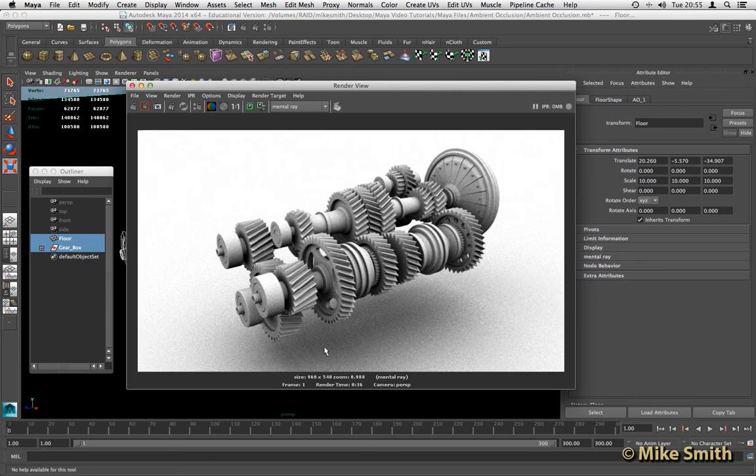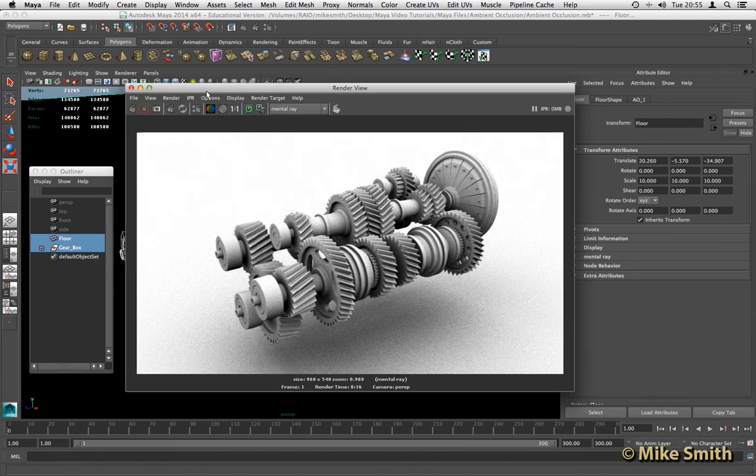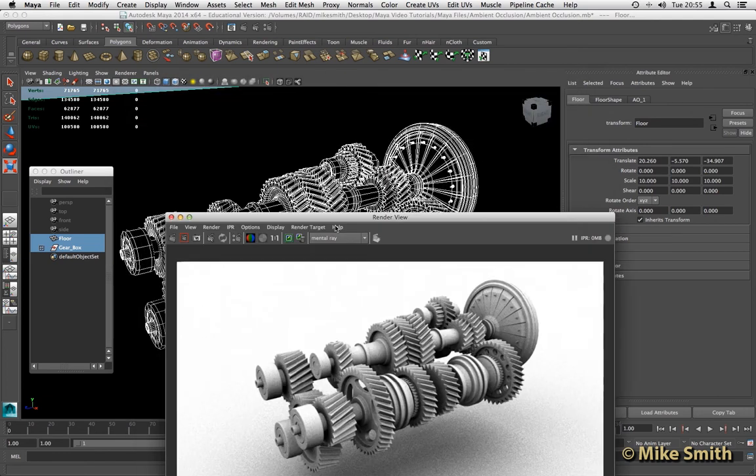So if we increase the sample rate of our ambient occlusion material, you'll get a much smoother looking surface on all of these. You won't get as much grain. The only downside is it will dramatically increase your render time. So I'll still leave my render settings at their default values. You can see my resolution is only 960 by 540. So if I just move my render view down for now,